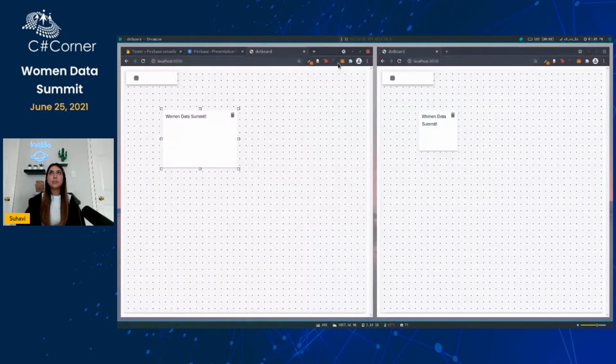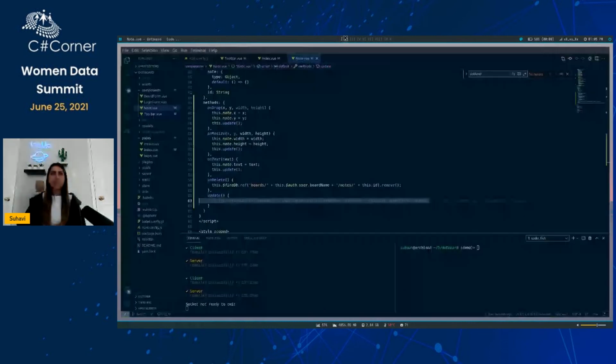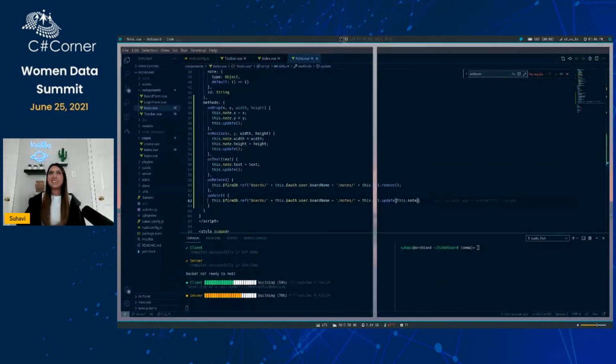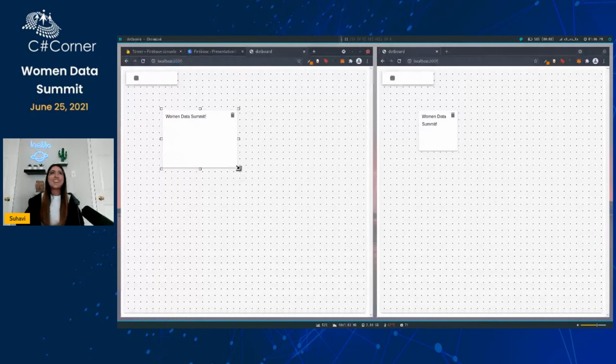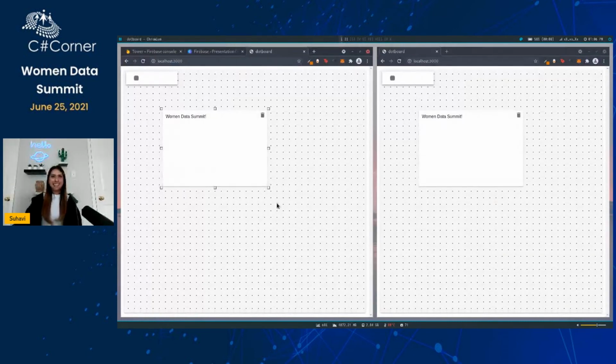Okay. Oh, I have this .notes. It's okay. That should work now. So when I try resizing it, okay, so we're actually getting